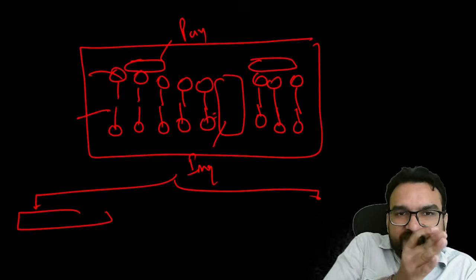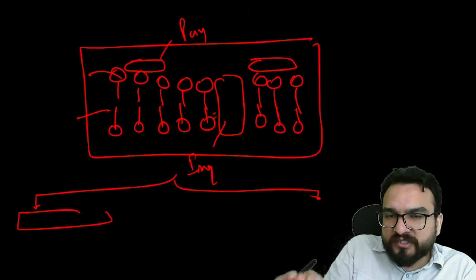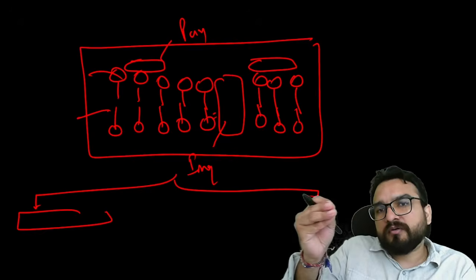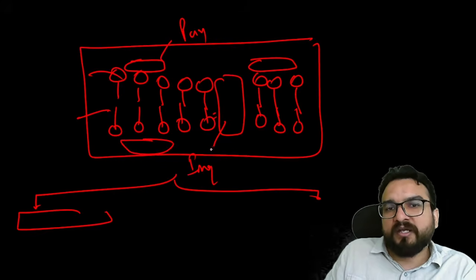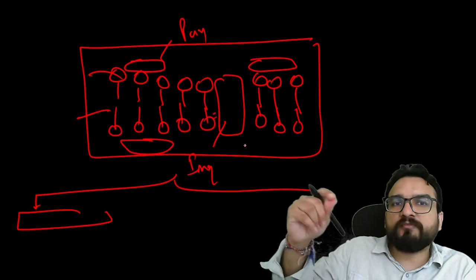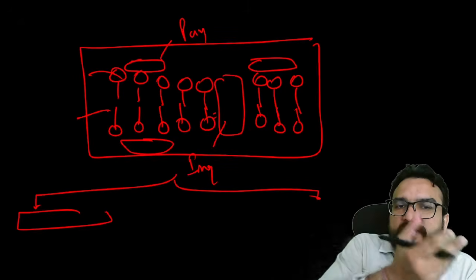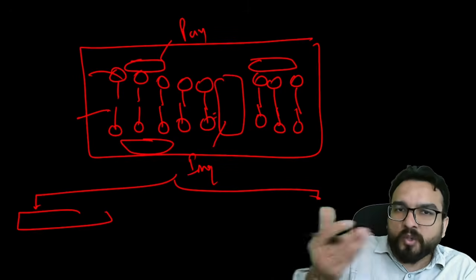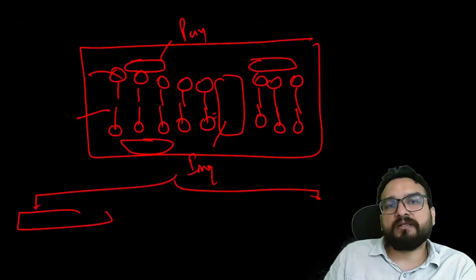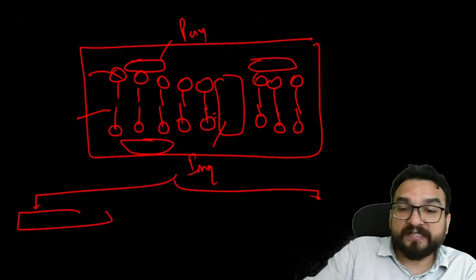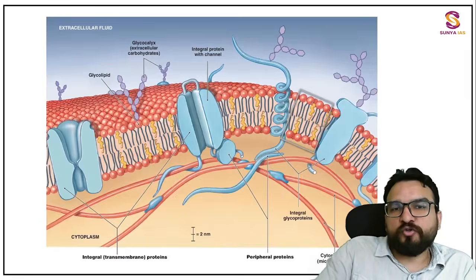So from not giving importance to proteins and understanding that this is a fixed protein structure over here, our understanding from this fluid mosaic model is now that these particular proteins are floating. Also, there are integral proteins which are embedded in the phospholipid layer. I hope you are understanding this. Okay, now you see the function, guys.